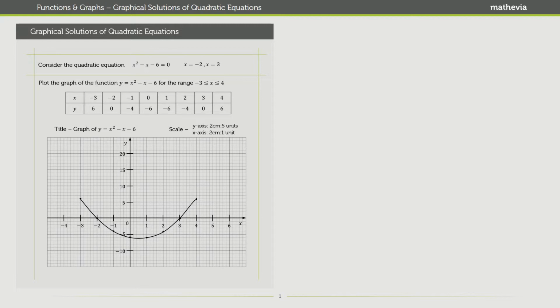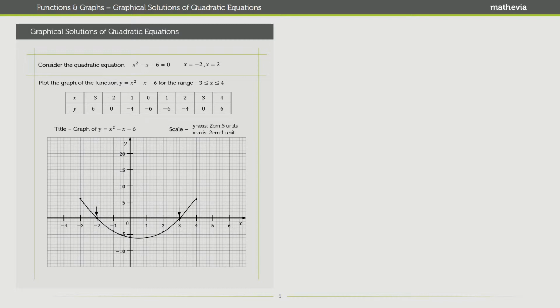You have to go very smoothly to join all the points together. Now that we have plotted the graph of the function y equals x squared minus x minus 6, you probably already noticed it. Now look at the point where the curve cuts the x-axis. These points, it cuts the x-axis at minus 2 and 3, which, if you recall, are the solutions to our